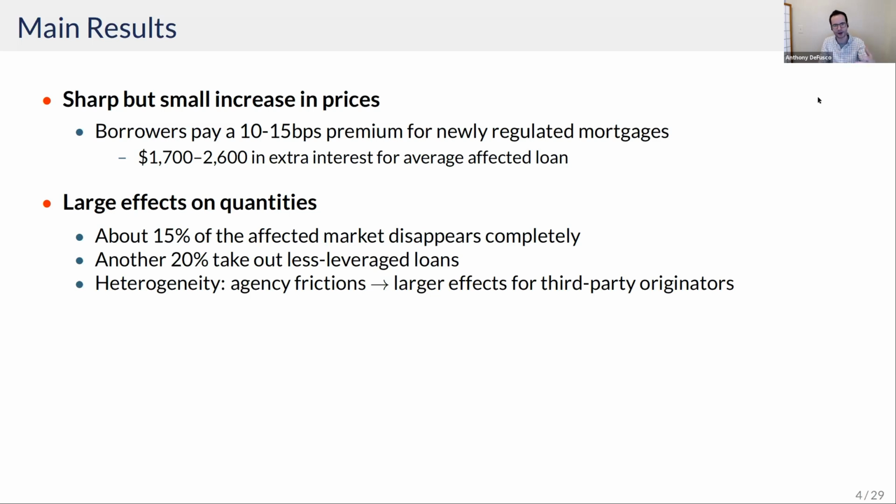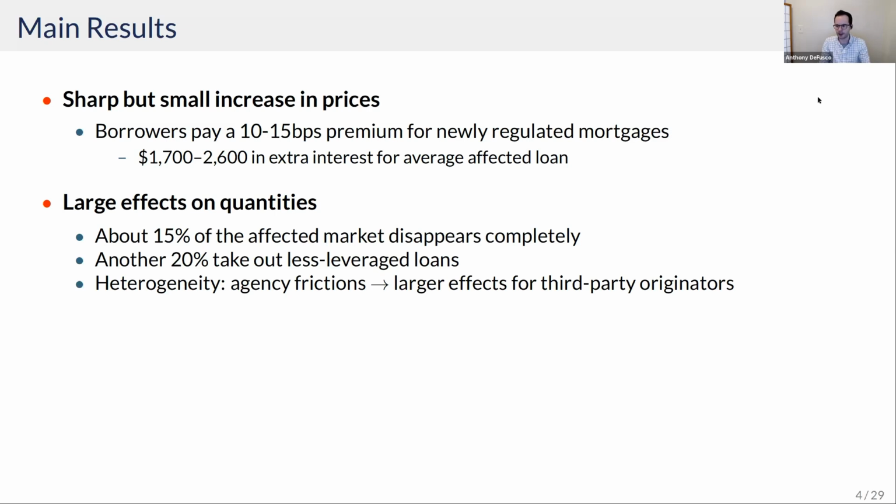Because that suggests some lenders are willing to do this and they price this at only a 10 to 15 basis point premium, whereas other lenders just don't want to touch these mortgages at all. And so at the end, we'll also look a little bit at heterogeneity across lenders, looking at who are the lenders that responded most to this. And there's going to be an important message there about the way that this policy was targeted and the institutional